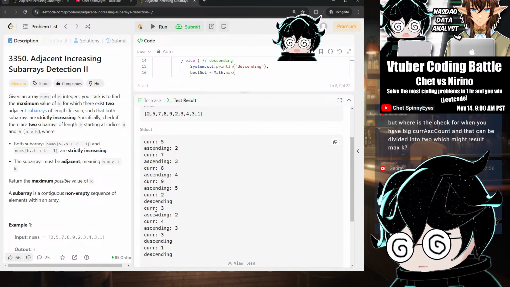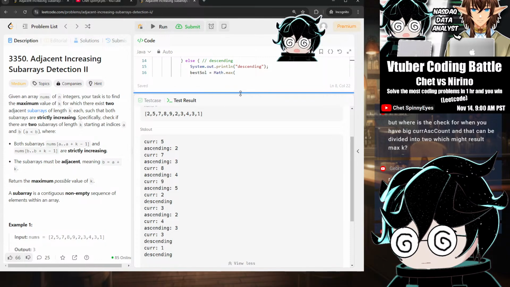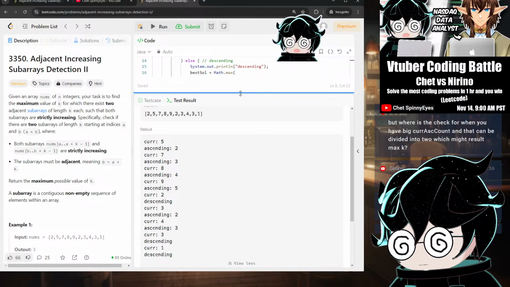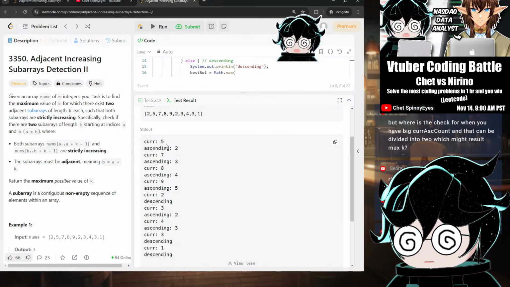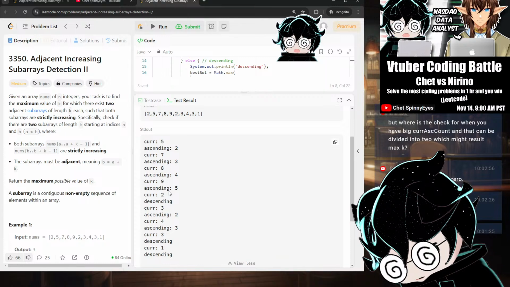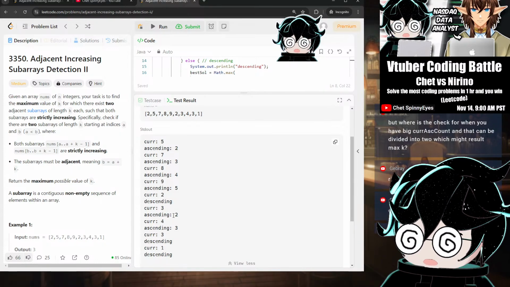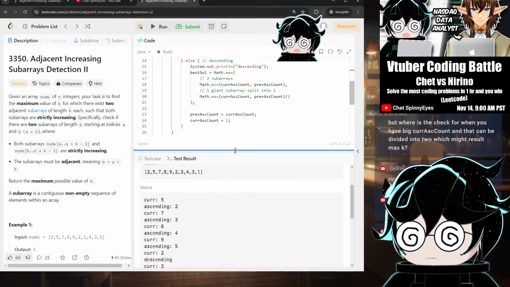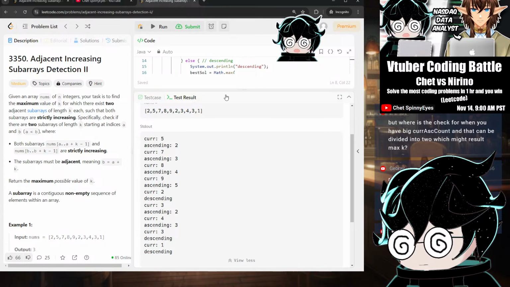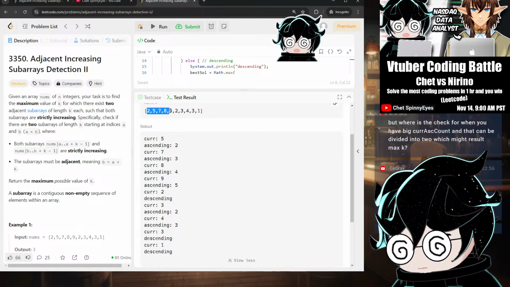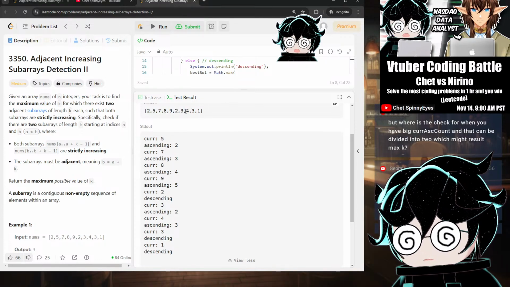2 is descending. 2, 3. Are we not checking here? Ascending 3. 2, 3, 4, 5. And then here, we should be doing 2, 3. So over here, we're getting 5, right? And then we're here, we're doing 3. So over here, we should be checking